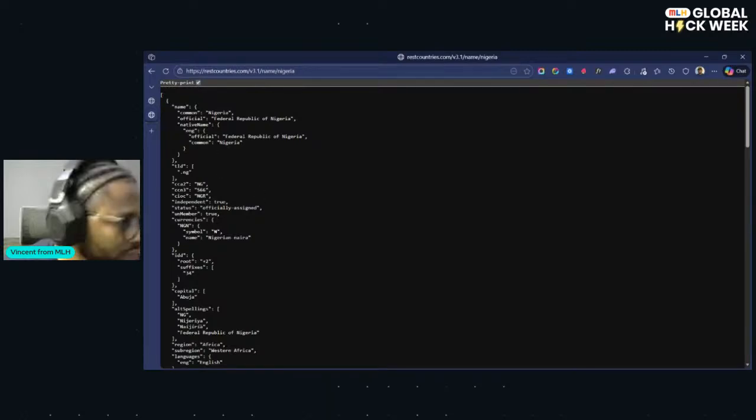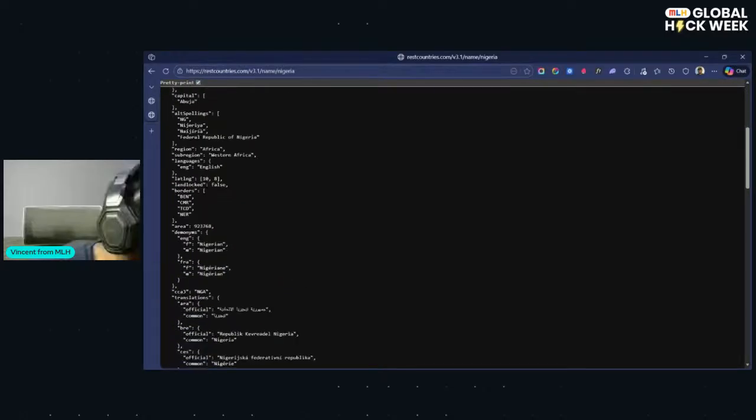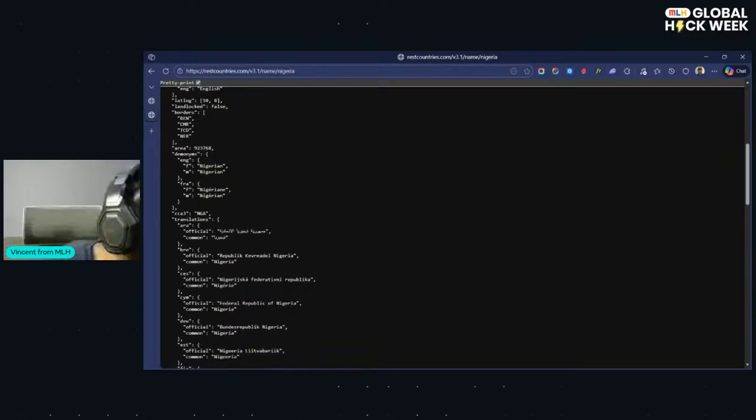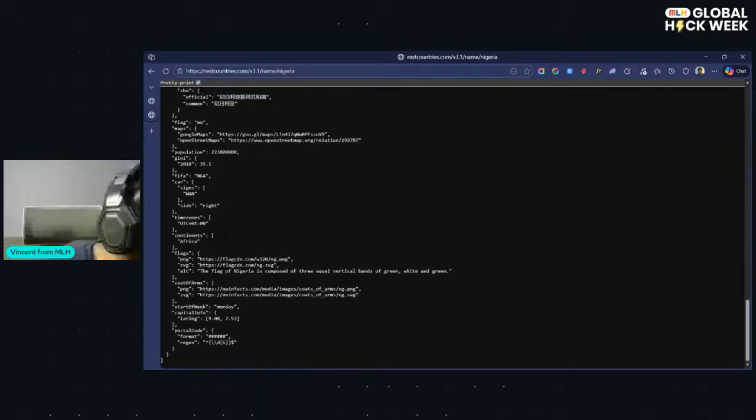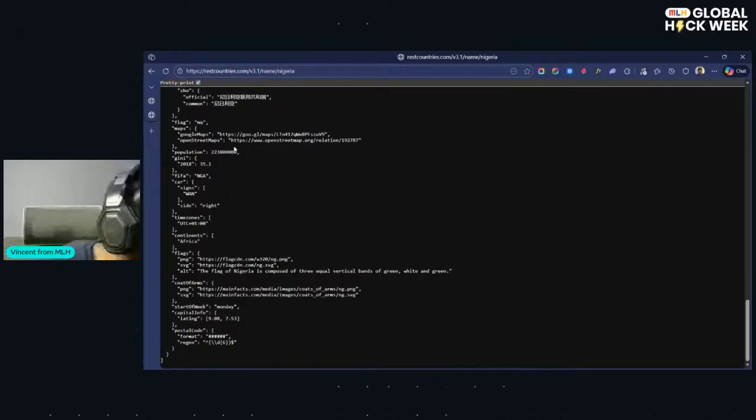Okay, it takes the name, gives you the official capital, the official name, like Federal Republic of Nigeria, the official language, English, native name. Okay, it just gives you information about the country. I'm trying to look at other information we can see. What does it give me? So this just gives me a bit of information about the country.